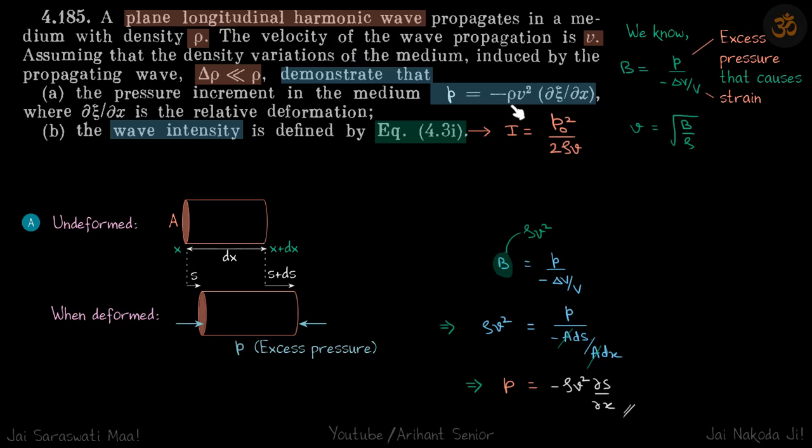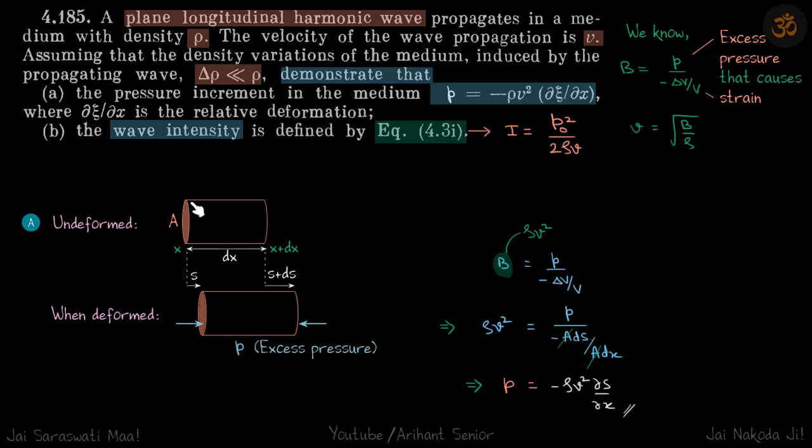We need to prove that pressure increment, so this is change in pressure, is given by minus rho v square ∂ξ/∂x, where ∂ξ/∂x is the relative deformation. And second part, we need to prove wave intensity I is defined by P naught square by 2 rho v. So let's do that